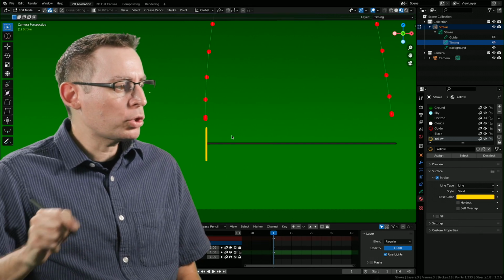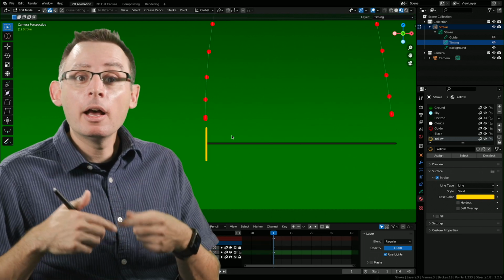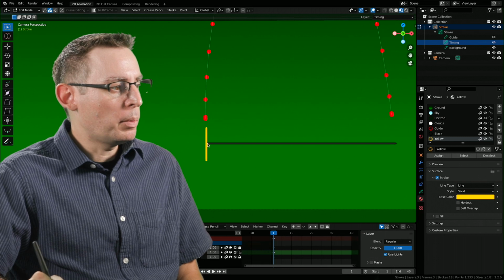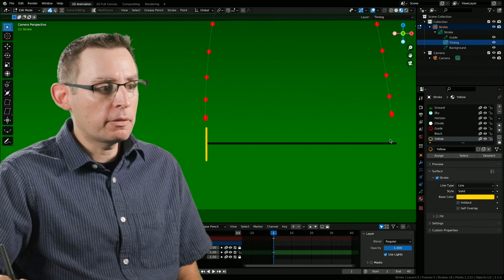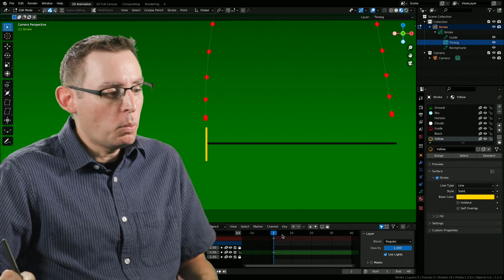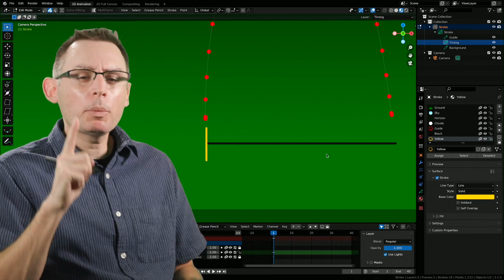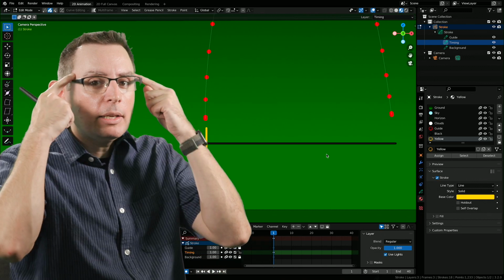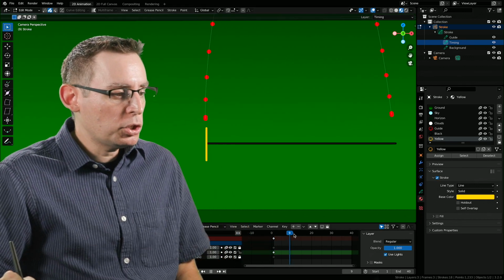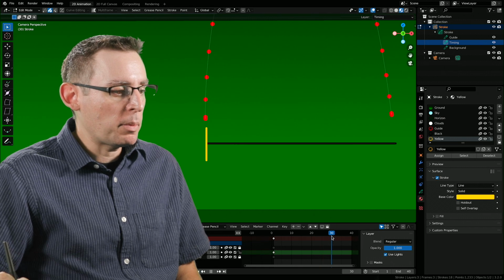As a reminder, what we are trying to accomplish here is an understanding of time and speed. So let's start prototyping this. So this is when the ball is going to begin. And of course, it's going to end its animation over here. But when is it going to end its animation? This is where we kind of need to pretend and project. I need to be able to see the movement in my mind's eye before I can start blocking out its timing. Let's just initially put it at frame 30.